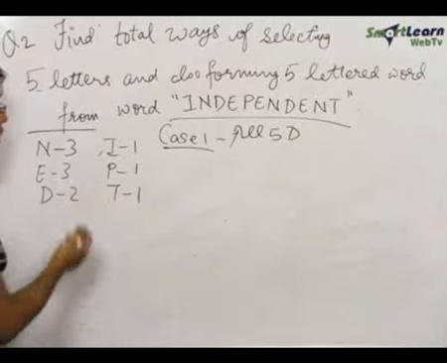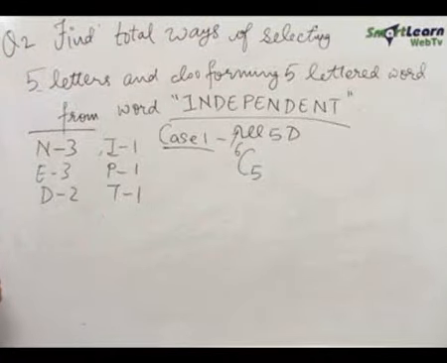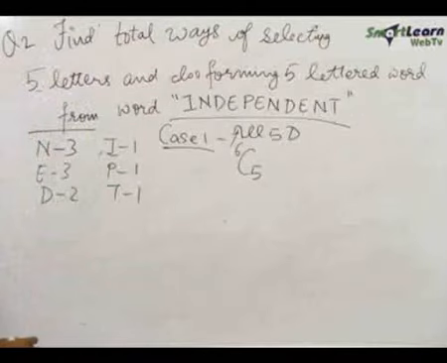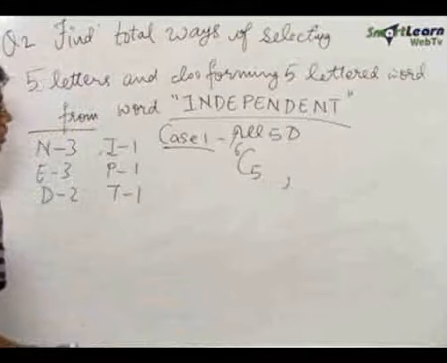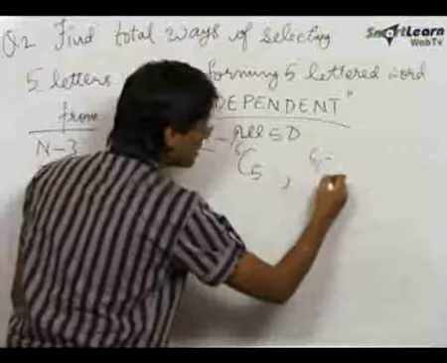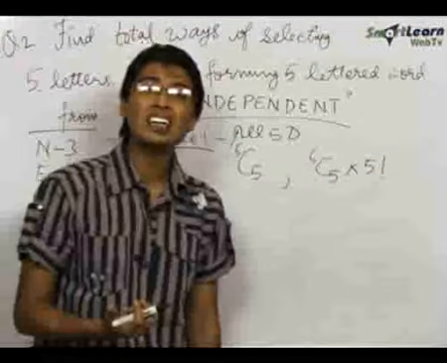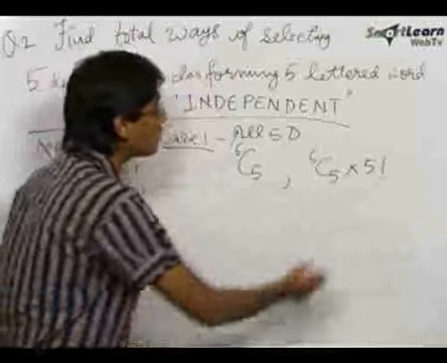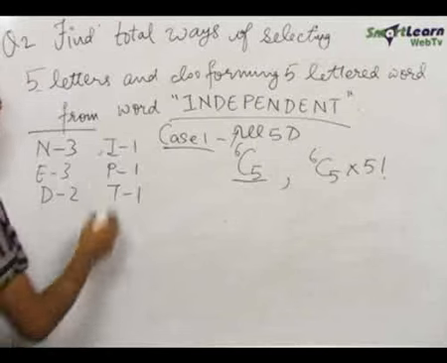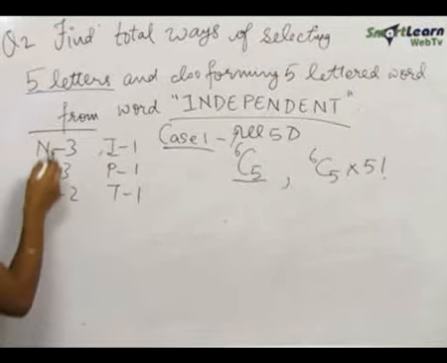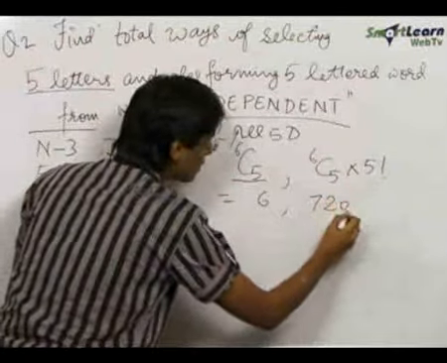So if we select any 5 out of these 6, we can make a word, or we can select 5 letters. So the selection of these 5 letters, which are all different, can be made in 6C5 ways, and the total number of words that can be formed are 6C5 into 5 factorial. These 5 alphabets that we have selected can be arranged in 5 factorial ways to form the total number of words to be equal to 6C5 into 5 factorial, and this 6C5 represents the total number of selections of 5 letters which are all different out of these 6 alphabets. So this is 6 and this is 120 into 6, that is 720.